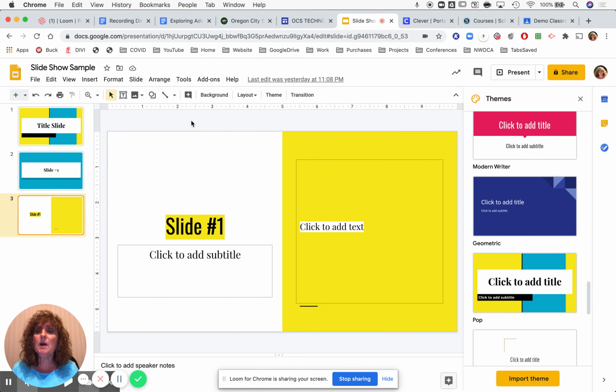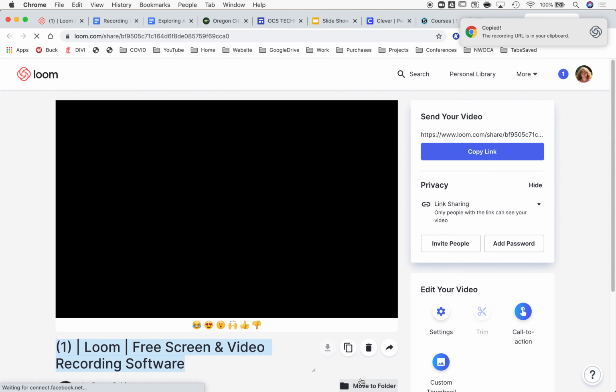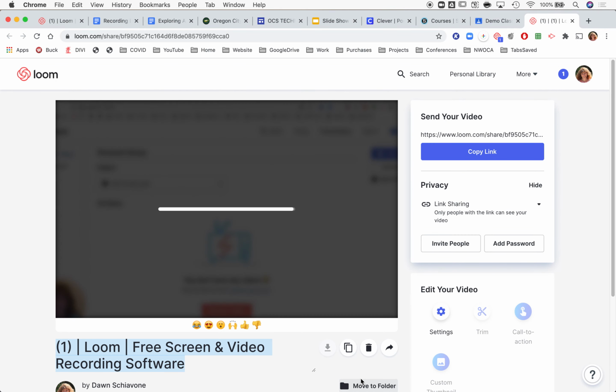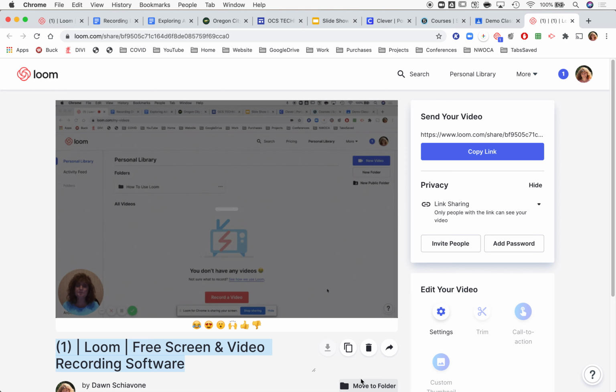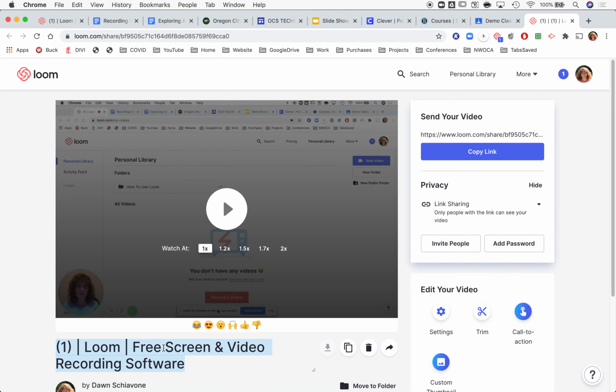So when you are all done doing your screencast, you're just going to click down here on the Stop Sharing button. It's going to begin to process your video. Don't worry about the name or anything like that, but once your video comes up on this screen, what I want you to do is notice the trim options in the lower right corner. So if I click on the trim button,